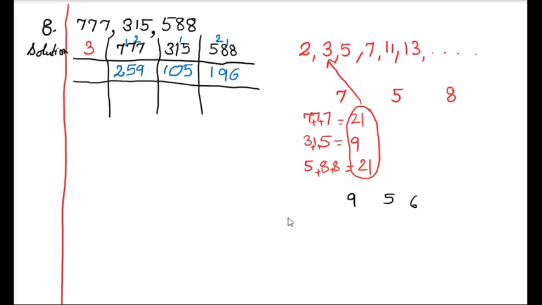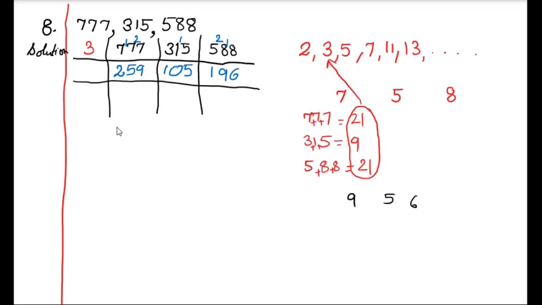What is the test of divisibility for 3? Add the digits. Yes, and if the addition comes in 3's table, the number will also come in 3's table. So now add the digits. 2 plus 5, 7. 7 plus 9, 16. Is 16 divisible by 3? No. Therefore, we can't use 3. If you check further, 105, add the digits. 1 plus 0, 1.